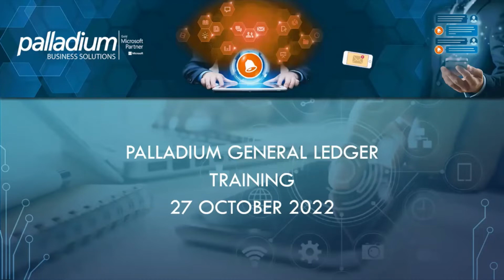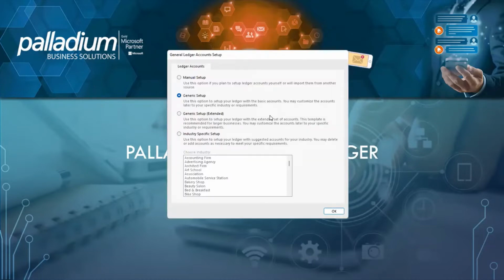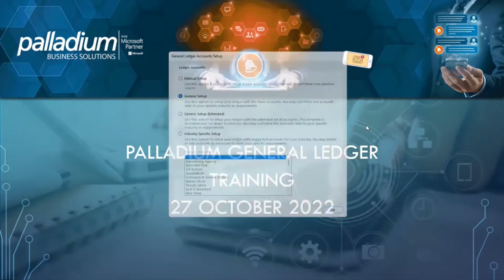So when you set up your company for the first time, Palladium will give you the option to either do a manual setup, which is your own set of chart of accounts, which you can import. We also do have a generic setup that creates a chart of accounts for you, and it has most of the accounts in it for you, and you can change the descriptions and add into it where and if needed. Then we have a generic setup that gives you a template that's recommended, as well as an industry specific setup. So if you fall in a specific industry, it'll create the chart of accounts according to that industry. So if I just go generic for now,